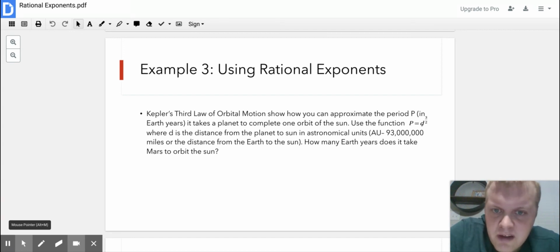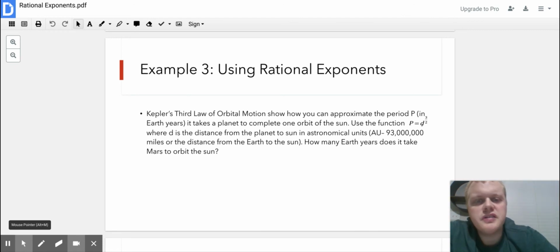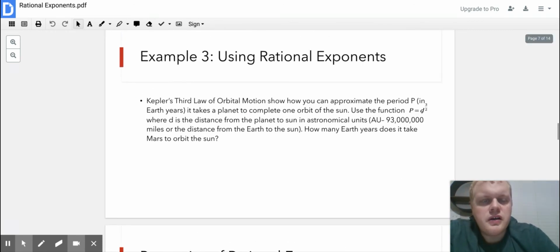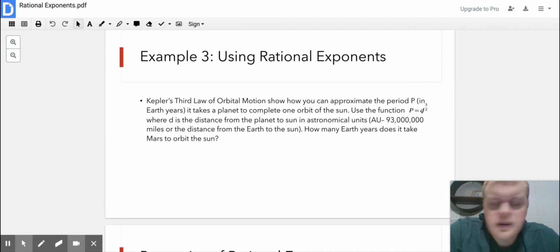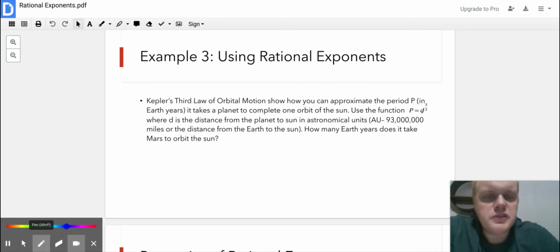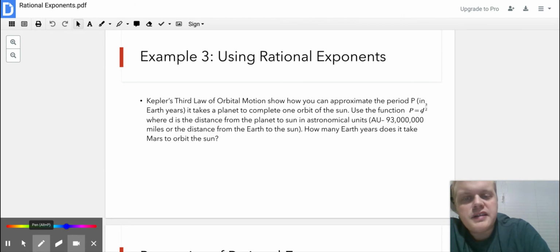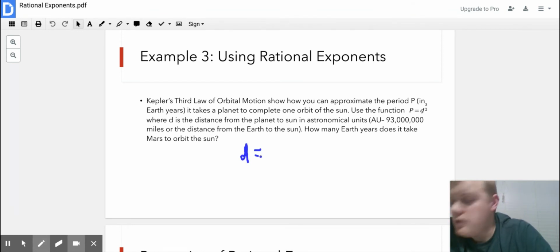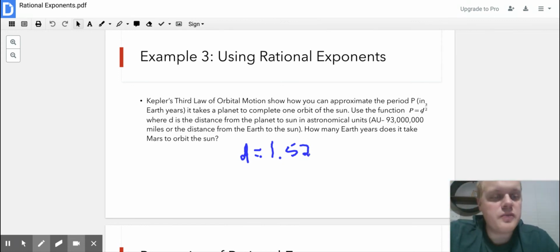Okay, so it looks like I forgot to get the picture on here for some reason. I don't know what happened to it. That picture was supposed to show the distance from the sun to Mars, and it told us that distance was, I got it right here, 1.52. There was a picture that was supposed to be on there showing you that, right? The distance from the sun to Mars there. Okay, so it says how many Earth years does it take Mars to orbit